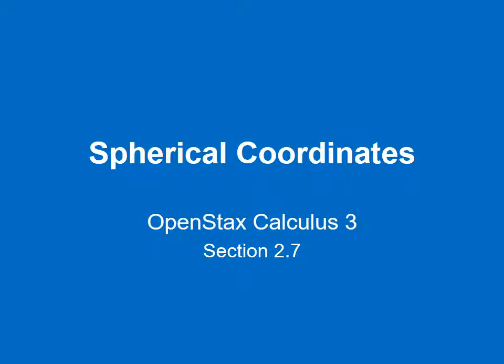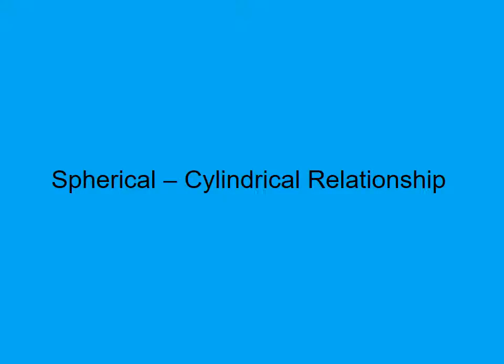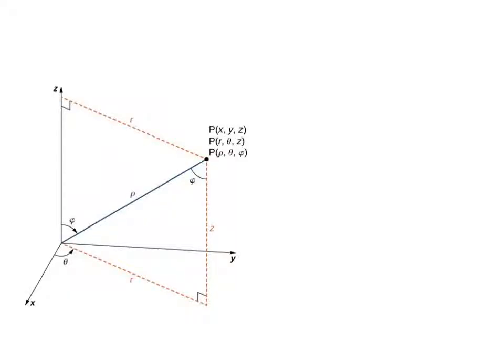Now we'll be taking a look at spherical coordinates. First, we'll see how the spherical and cylindrical coordinates are related. Now, in this 3D rectangular coordinate system, we'll be taking a look at the triangle formed by the Z and